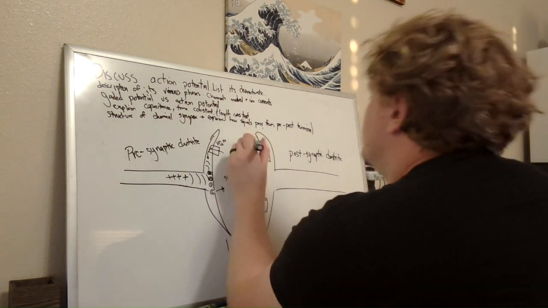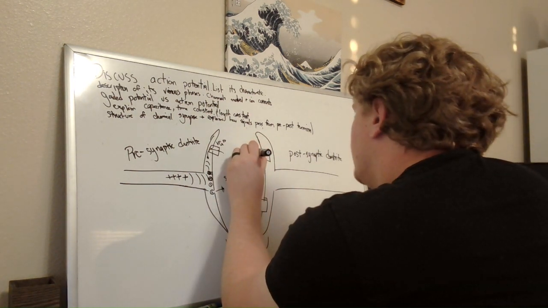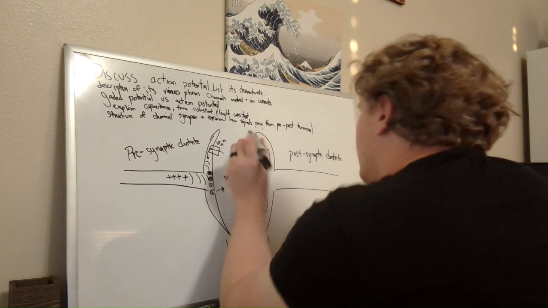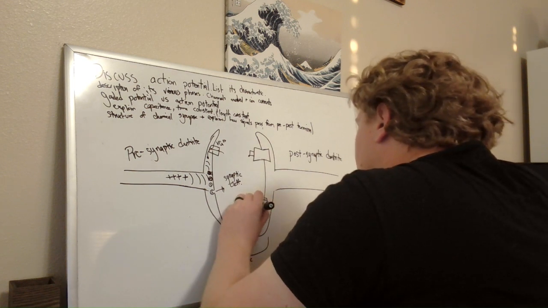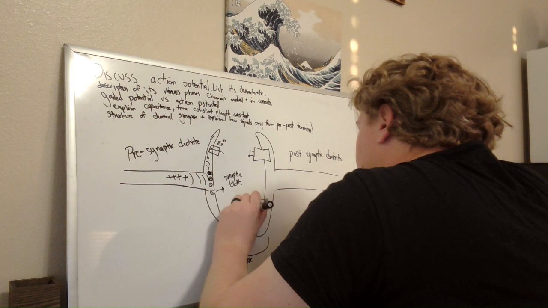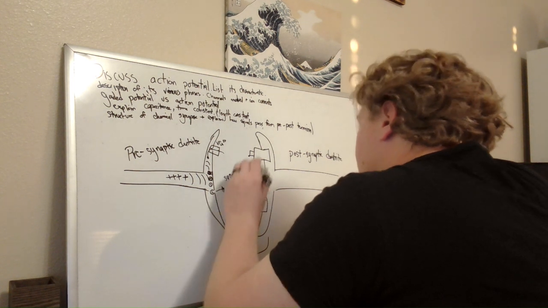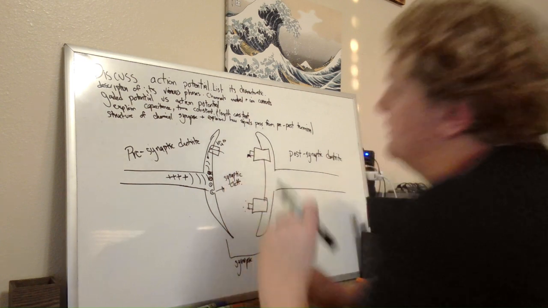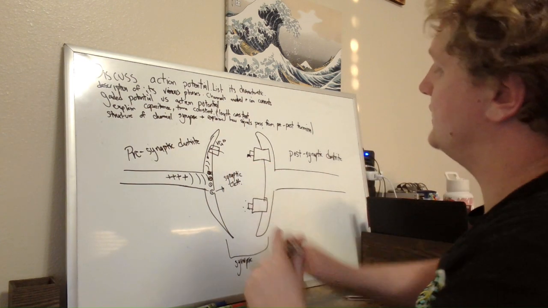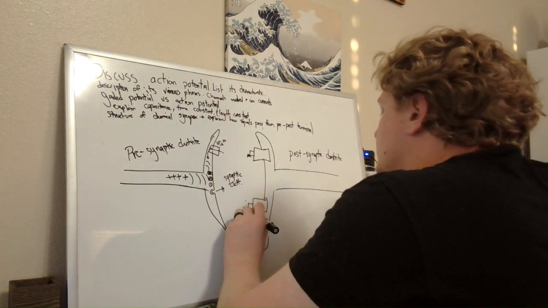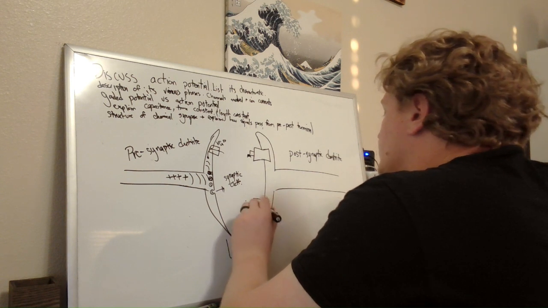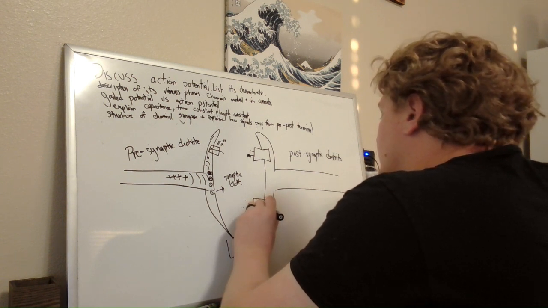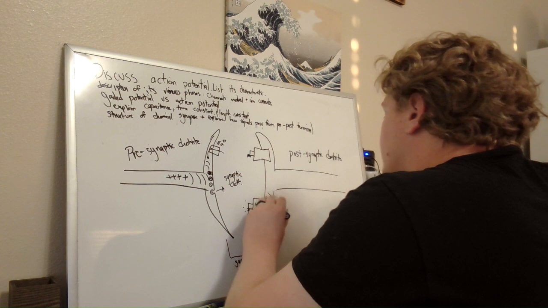On the postsynaptic side, they have areas where neurotransmitter can bind. We call those the active sites. When these neurotransmitters bind, they'll cause a signal to go down this